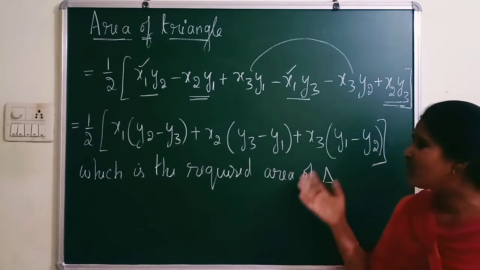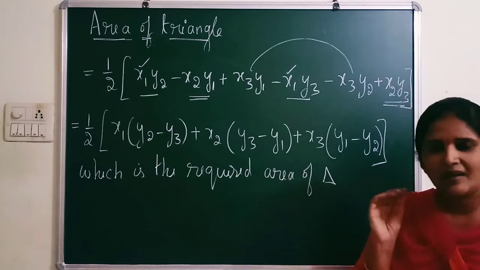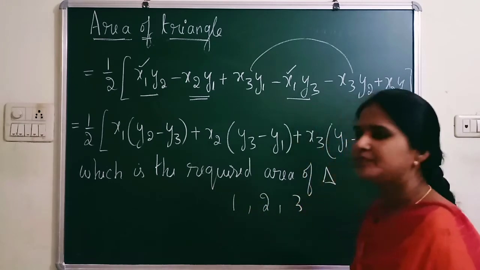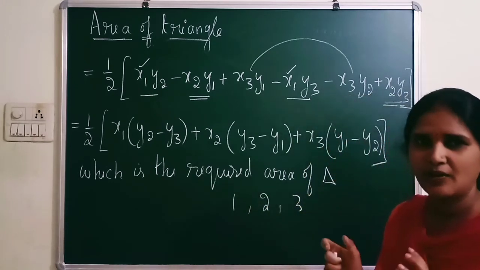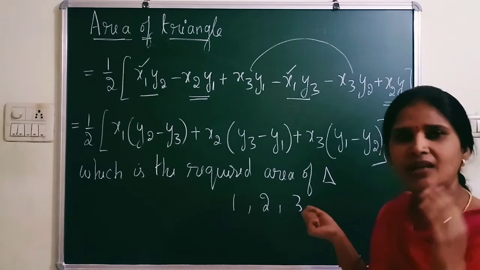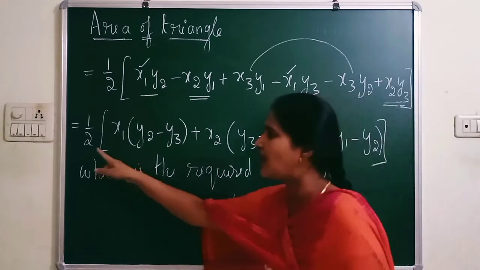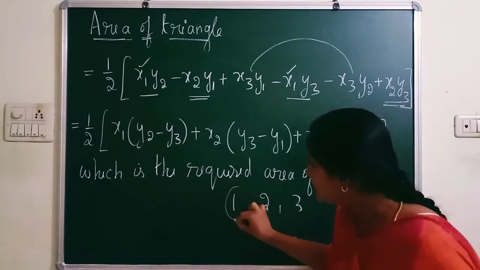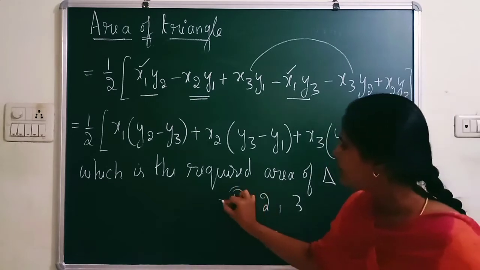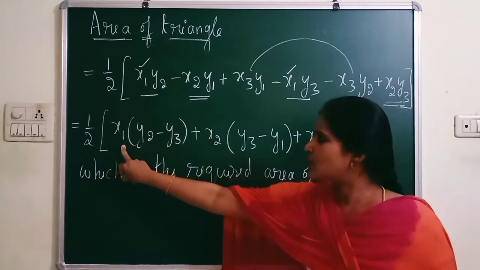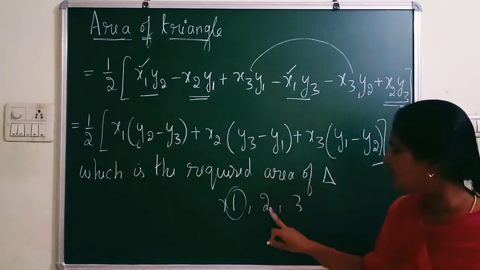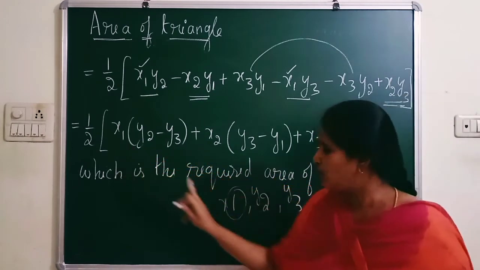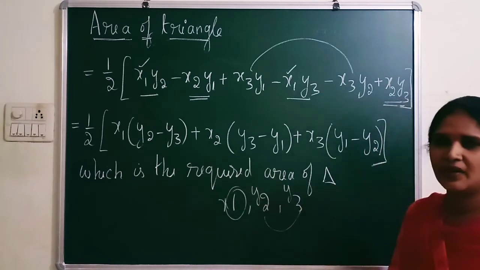So you may have doubt, such a big formula we have to remember? Okay, for that I will tell you one trick. First write 1, 2, 3 numbers and try to analyze. It is a cyclic order, you have to remember in this way. You know that in any area of triangle you have half into base into height. So write half here and the remaining terms I will tell you how to remember. First you have 1, so write x for that. This becomes x1. What are the remaining? 2 and 3. So for this you put y2 minus y3. Understood? When you take x1, you get y2 minus y3 in the bracket.